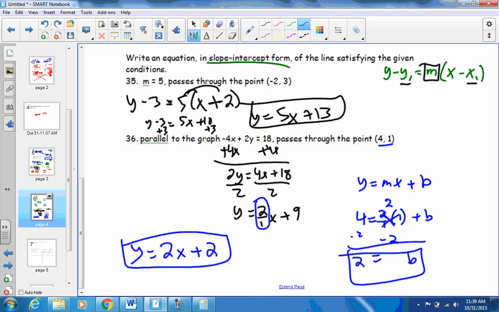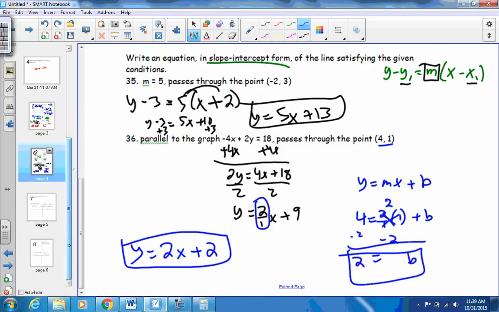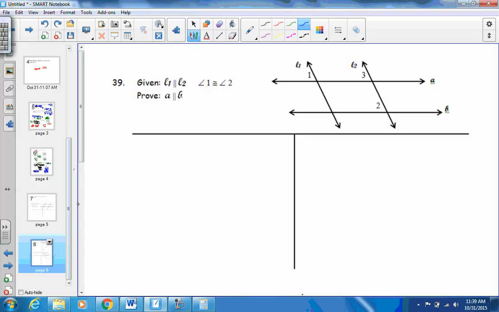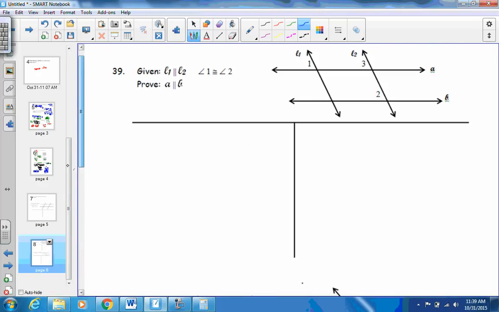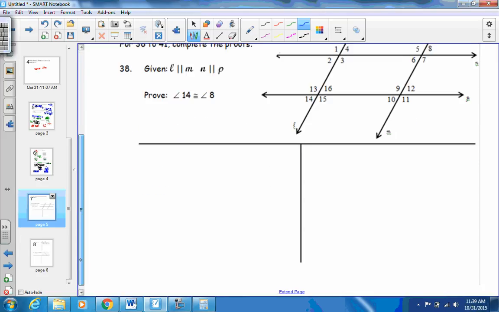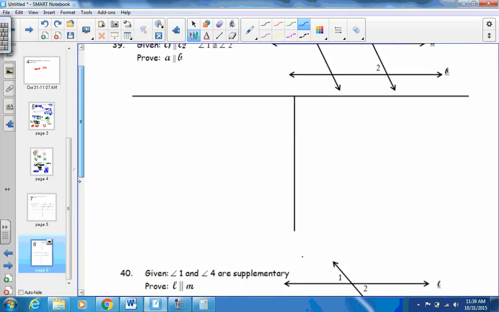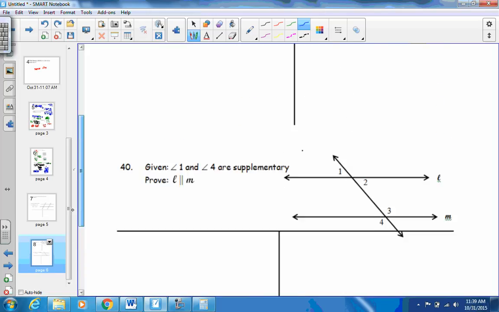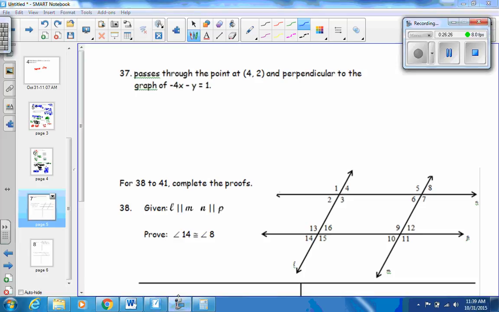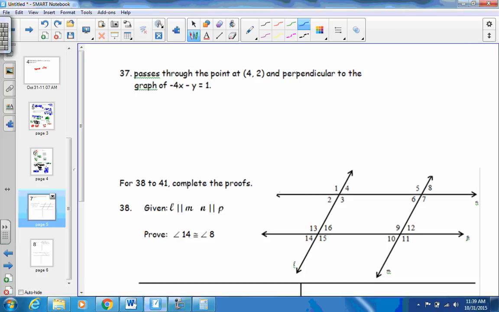Using point-slope form. Now these last 2 pages, I don't know if I'll go through all 3 proofs. I think there's 3 of them. I'll maybe go through 2. Oh, there's 4 of them. Oh no, 37 is another one like that. We just have to do it perpendicular. We're going to skip number 37. But there are 3 proofs. I think I'll go through 2 of them. And maybe I'll just do 38 and 39. Maybe I'll do 40 really quick, but I won't explain it while I go, because this video is getting kind of long. Number 38